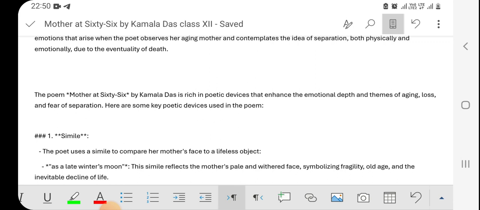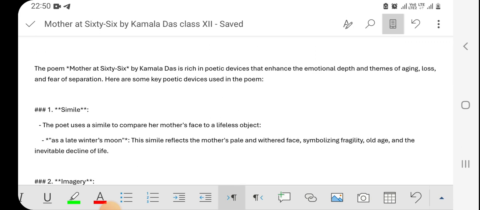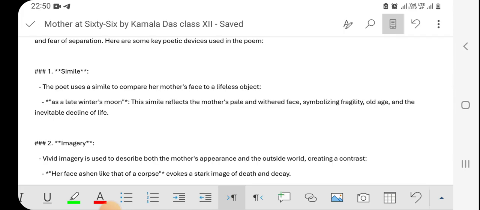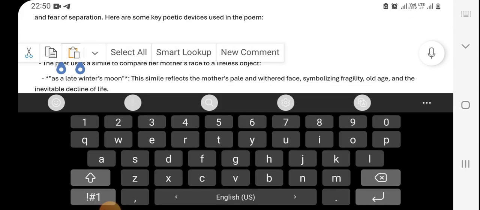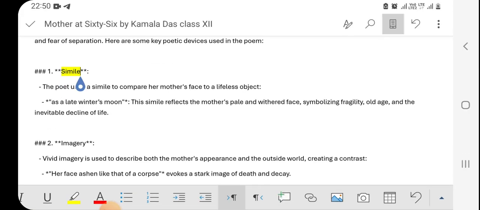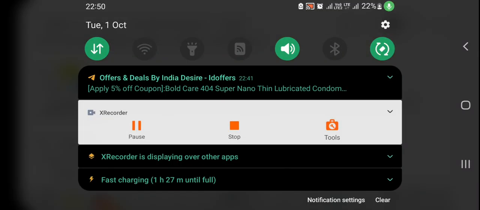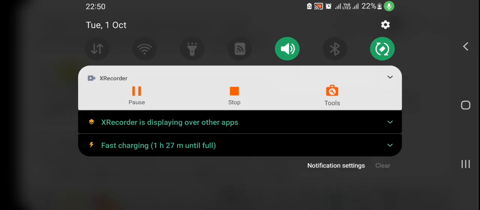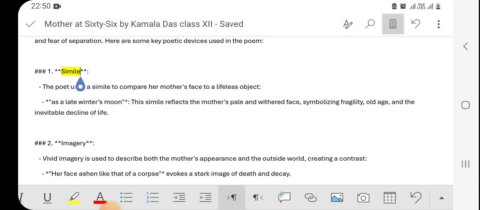So the first poetic device that we are going to discuss is simile. As you all know, a simile is a poetic device in which an indirect comparison is made with the help of like and as. Now in the poem, the line that portrays simile is